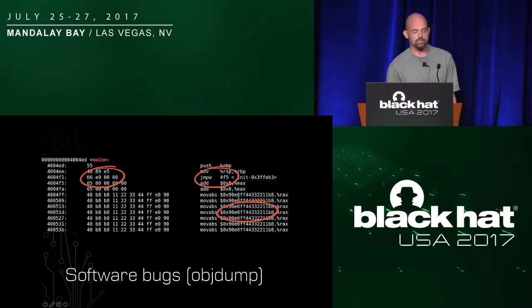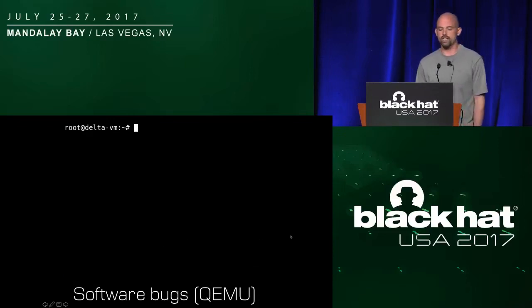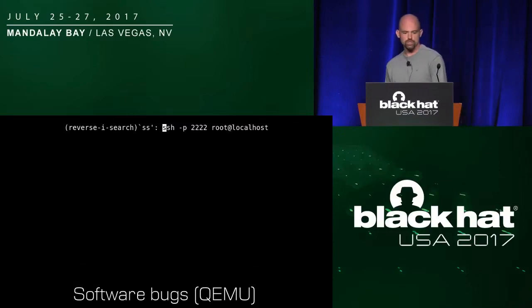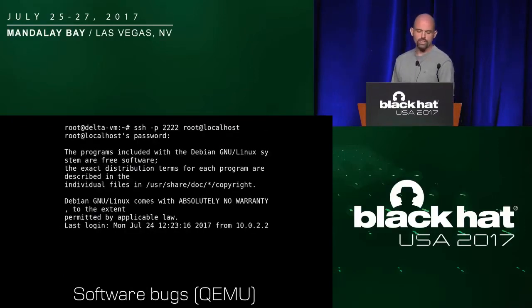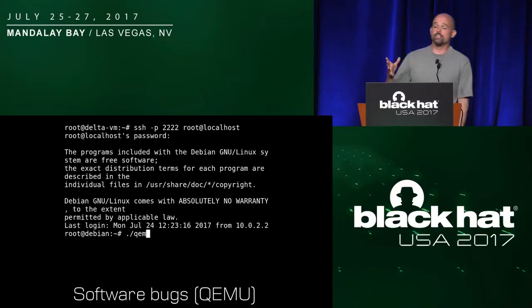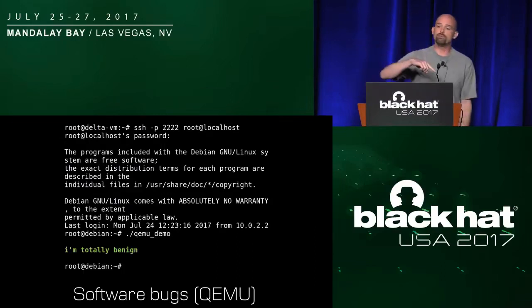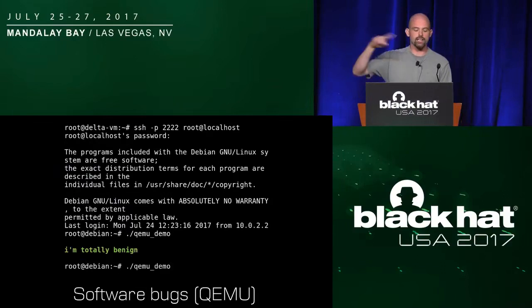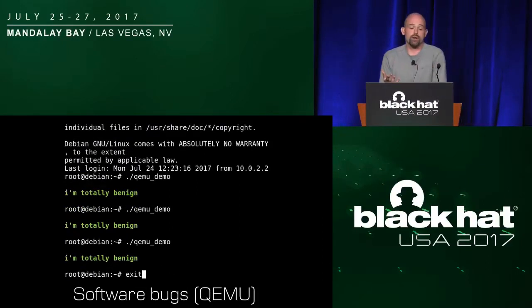Sort of to highlight the implications of this in terms of our analysis tools, I wrote a little malicious program that's going to operate differently inside of QEMU versus running on a bare metal processor. So what I'm going to do is SSH into my QEMU VM and run this program. This program is very, very simple, but it starts out with one of these 66 jump instructions. QEMU misemulates that instruction, and it thinks that this program is totally benign because that's the execution that QEMU sees.